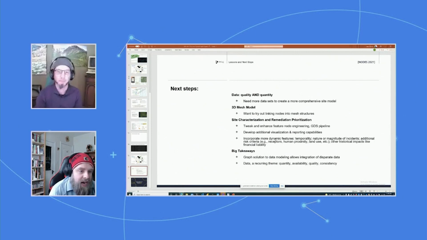And as we've highlighted, incorporating more dynamic features: temporality, nature and magnitude of those incidents, any additional risk criteria that's appropriate in the context, and any feedback that we get from subject matter experts. Whether that's receptors, human proximity, land use, and so on. And indeed, historical impacts. One of the top things that has come up time and again from our partners at